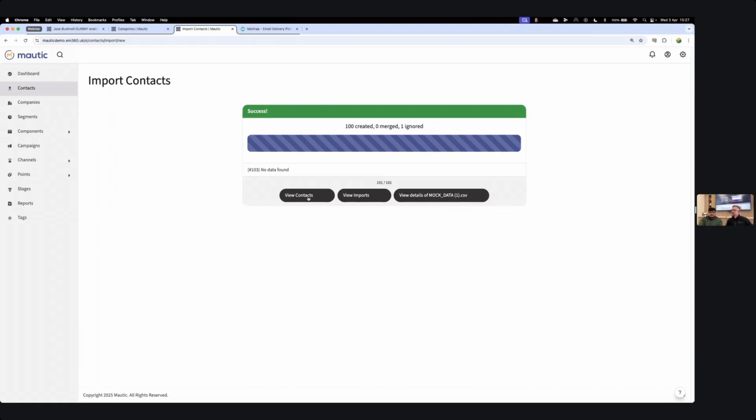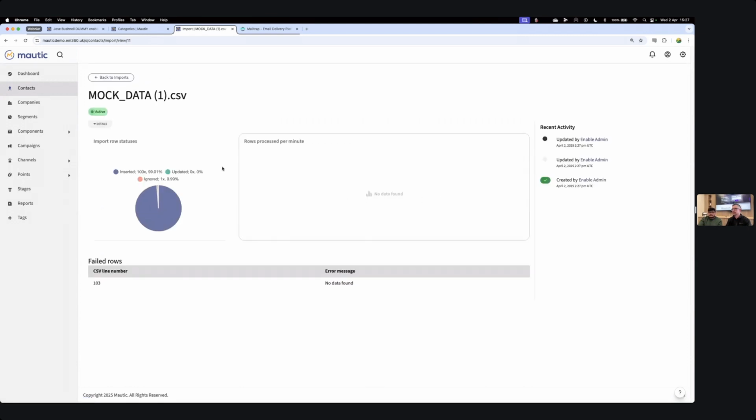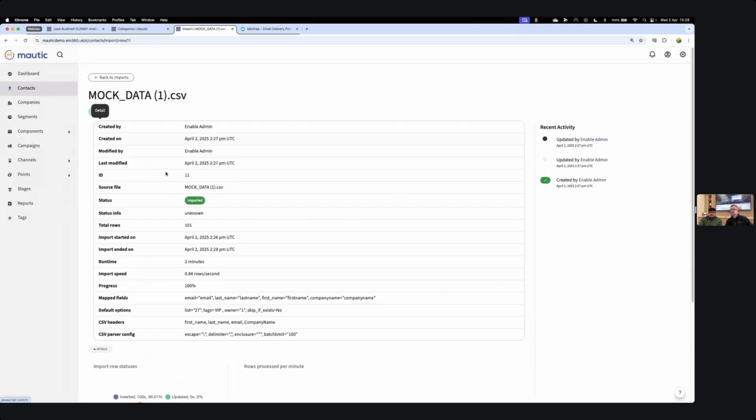You get three options. You can review the contacts right away, or view the imports, which will take you to a list of all records you've imported. If you imported stuff in the past, you'll be able to see the stats for that. Or view details of the current CSV we just imported. So if I click view details of the current CSV and open up the details here,